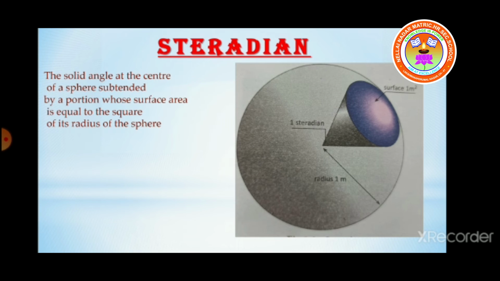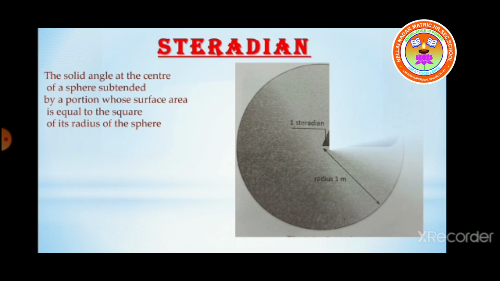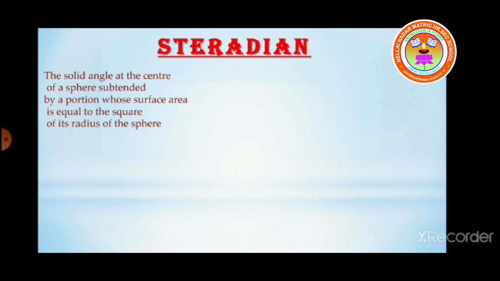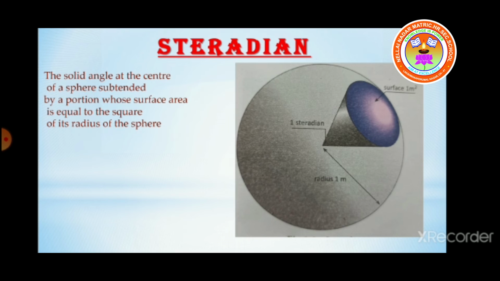You see the figure, it is given as a colored portion, that is the blue color. This is taken as a sphere in shape. At this point, it gives us a certain angle also. This portion of the surface area is equal to the square of the radius value. The square of the radius value is given to us, and that is 1 meter squared.